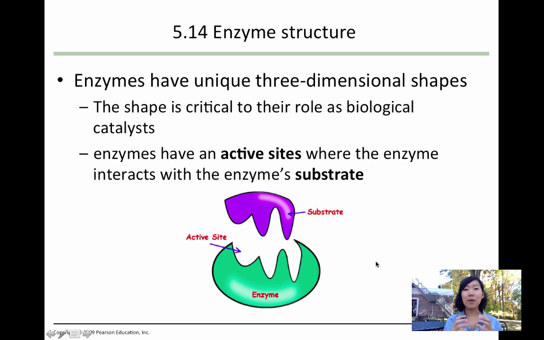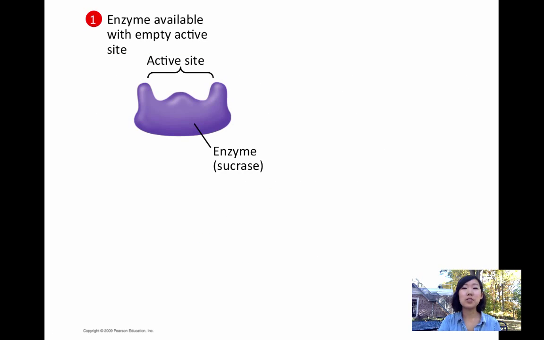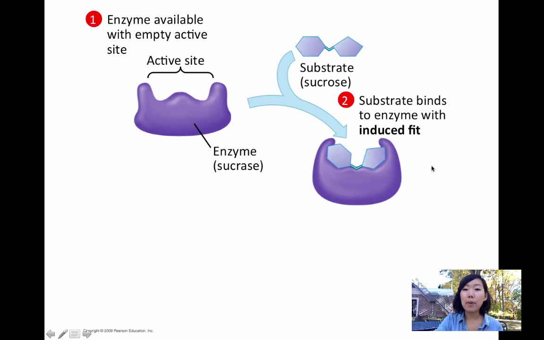active site, and the active site is where the substrate of the enzyme binds, and that's the specific place where there's a reaction that occurs. So this is the process of how an enzyme works. You have the enzyme with the active site, and then it binds right here to the substrate, and then it